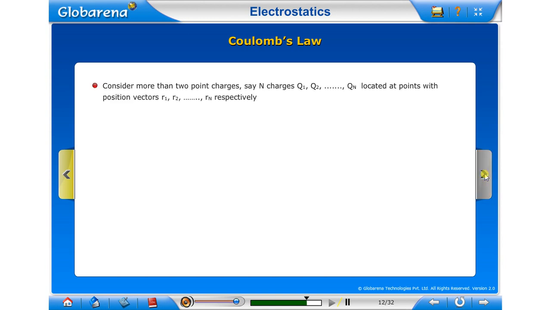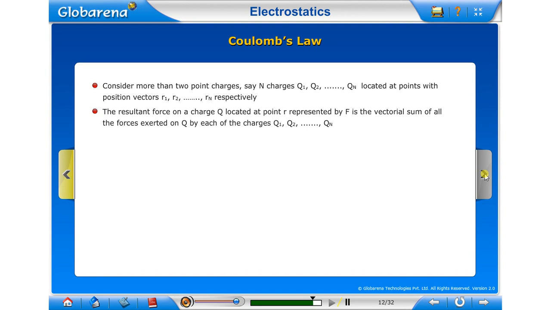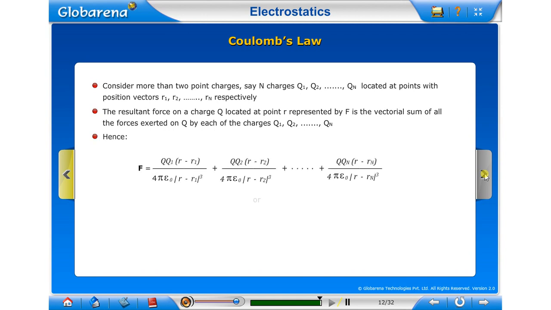For more than two point charges, say n charges Q1, Q2 till Qn, located at points with position vectors r1, r2 till rn respectively, the resultant force on a charge Q located at point r, represented by F, is the vectorial sum of all the forces exerted on Q by each of the charges Q1, Q2 till Qn. Hence,